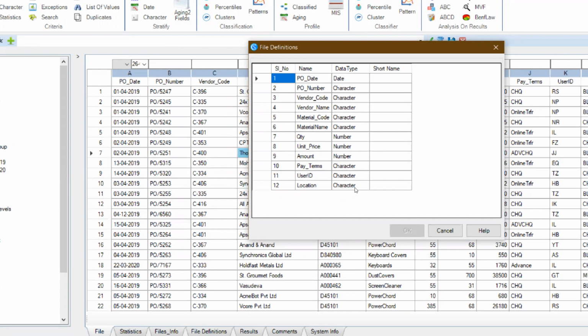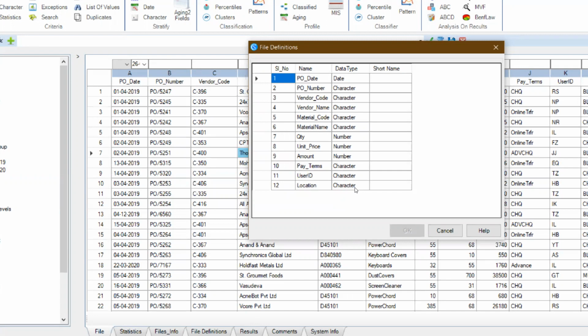Based on this, let's look at what types of functions I can perform on a PO date. For example, on a PO date, I can stratify based on the date, which means I can group this into, let's say, data pertaining to 30 days, 31 to 45 days, 46 to 90 days, 91 to 180 days, like that. I can group the data so that I can get an inference of what is the period and what is the volume of transactions for this particular period.